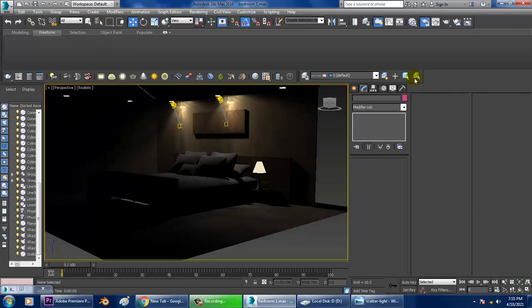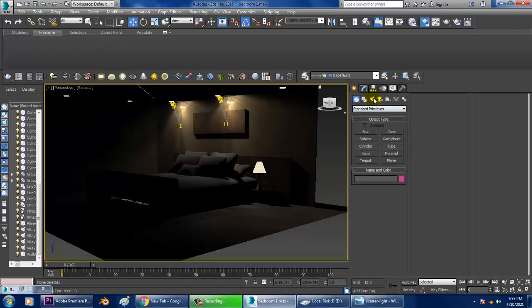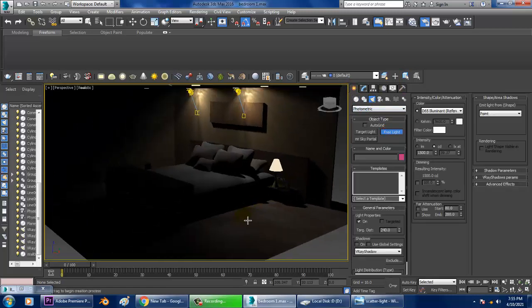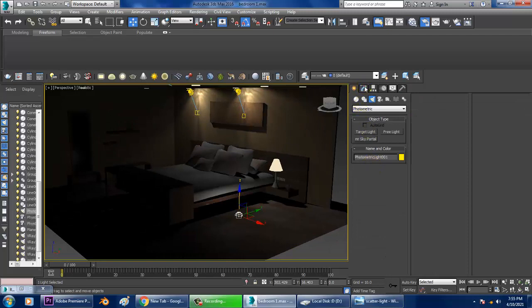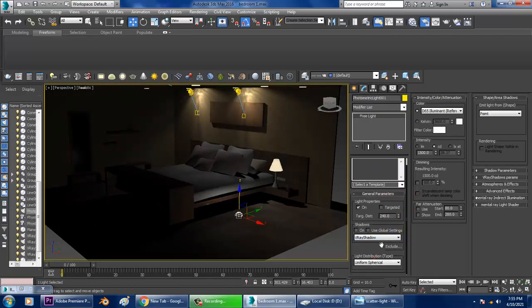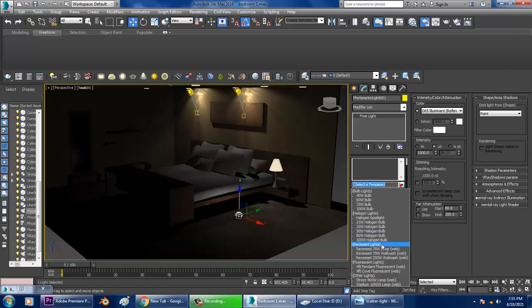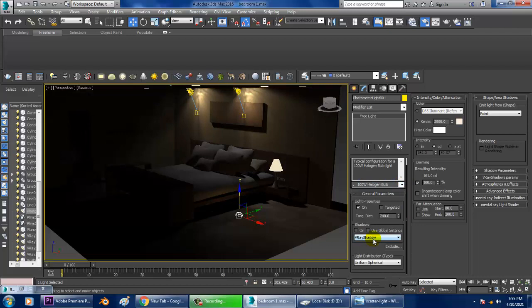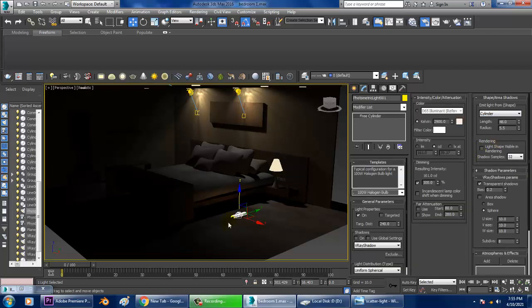Okay, so let's go into this. Again, I'll take one free light over here. I'll go into this and I'll take any preset over here. I'll go down and I'll set it to cylinder.